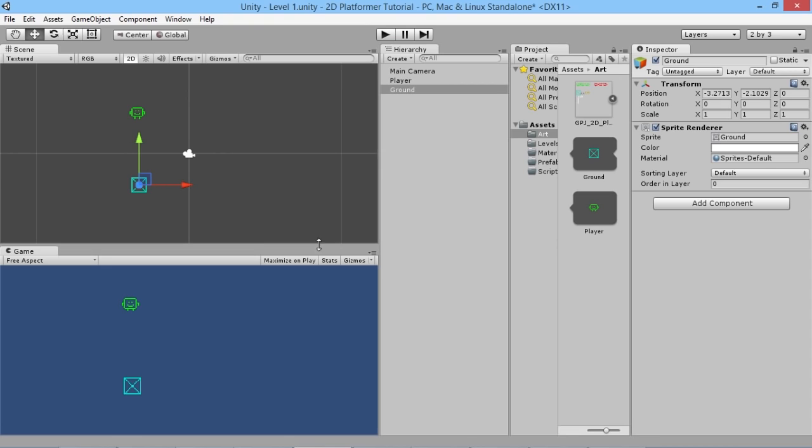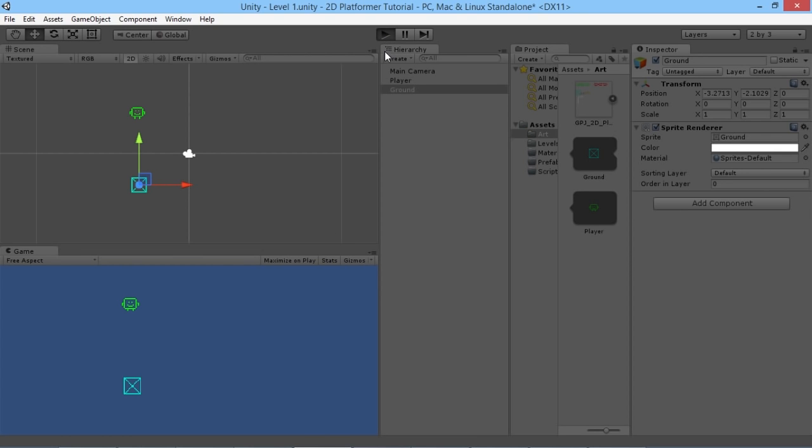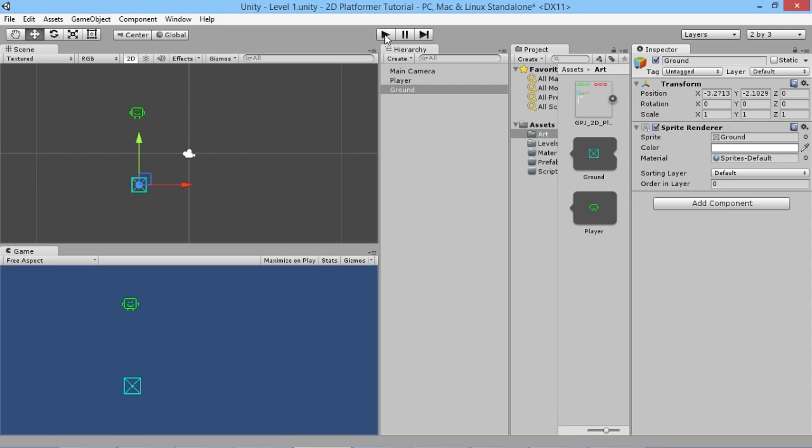We've got a character, we've got something for him to walk on, but we need him to actually do some stuff. And at the moment, if we hit play on the game, nothing happens. See, they just both float there. There's nothing going on. We need more than that happening. It's not a very interesting game if it's just like that. So go back out of that, and then what we're going to do is select the ground